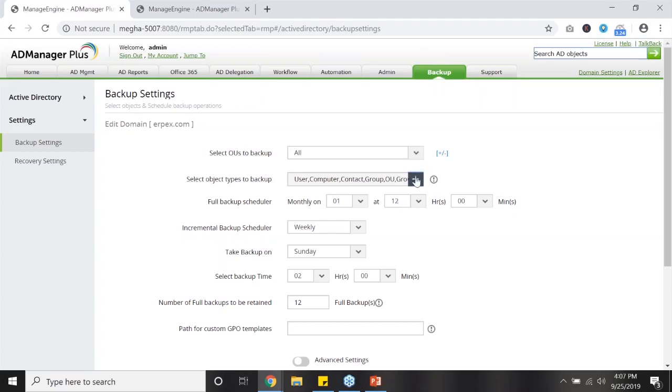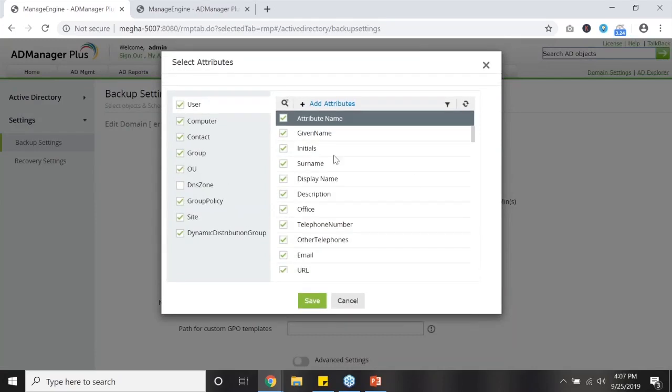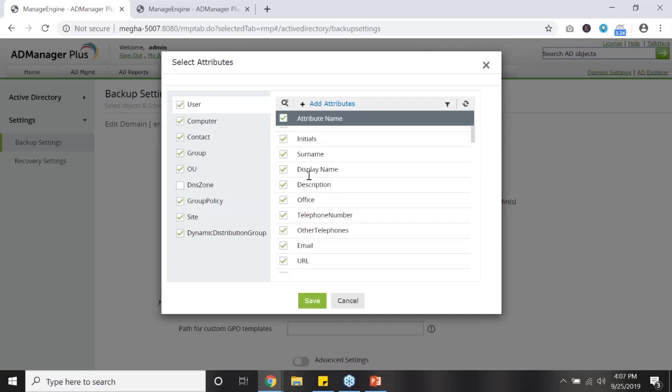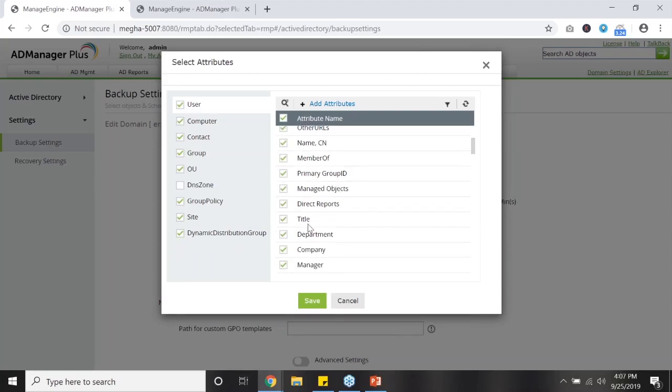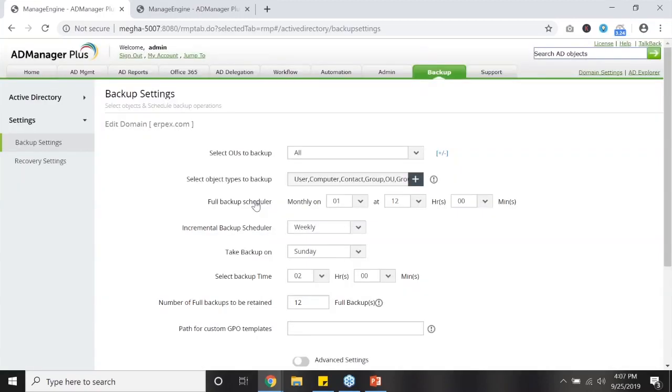Moving on, let me quickly show you the tool. Right, so now backup and recovery is a pretty new feature, just came out a few months back. So you can see that we have a tab called backup. So here you can see that we have, it just gives a complete overview of what is the status. So you can configure your settings, backup settings here,